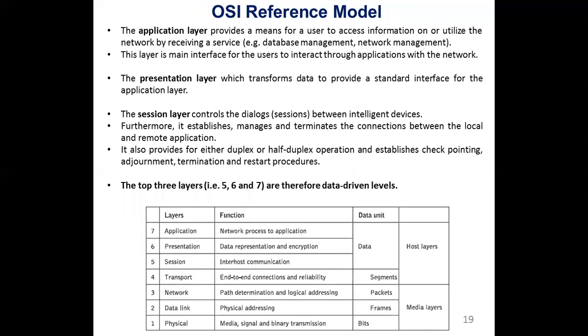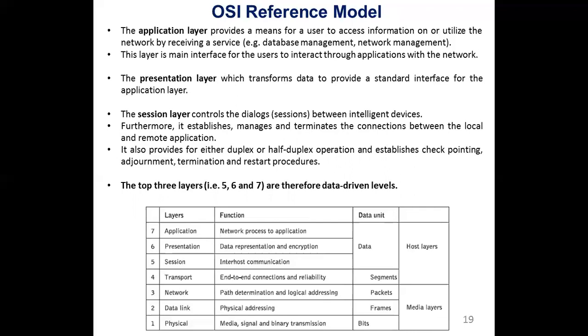Next comes the OSI reference model, which is something we should have studied in computer communication networks. It consists of 7 layers, as you can see. We'll start with the uppermost layer, which is known as the application layer. This is the layer that we see, the World Wide Web. It provides a means for users to access information, and this is the platform over which we get all the data. So it is basically the most important interface for the users to interact with the net.